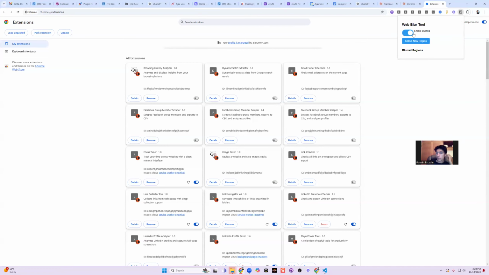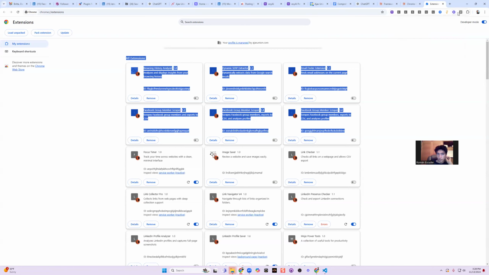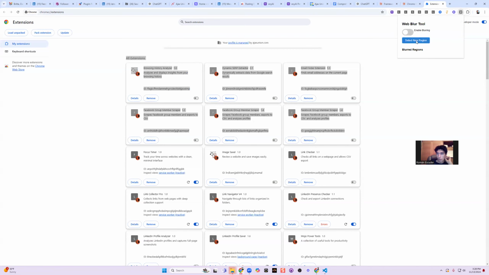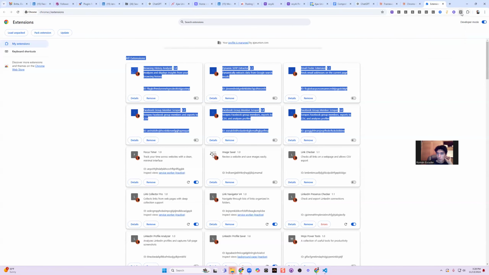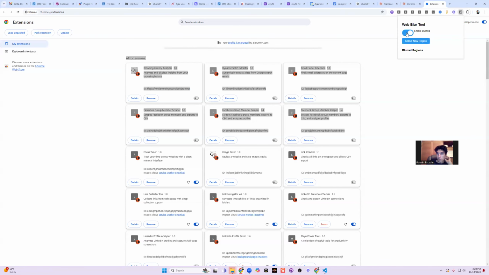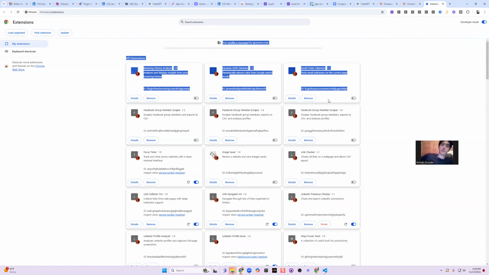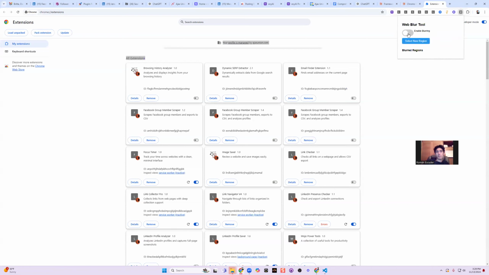Now enable blurring, disable blurring. I'm going to select a new region. I don't know how that works. Select new region. And then enable blurring. Blurred regions. I don't even know why it doesn't work. Nothing happens when I clear it. Select new region. But do you get what I'm saying? Select new region. Oh, is something blurred? Enable blurred. No, it's